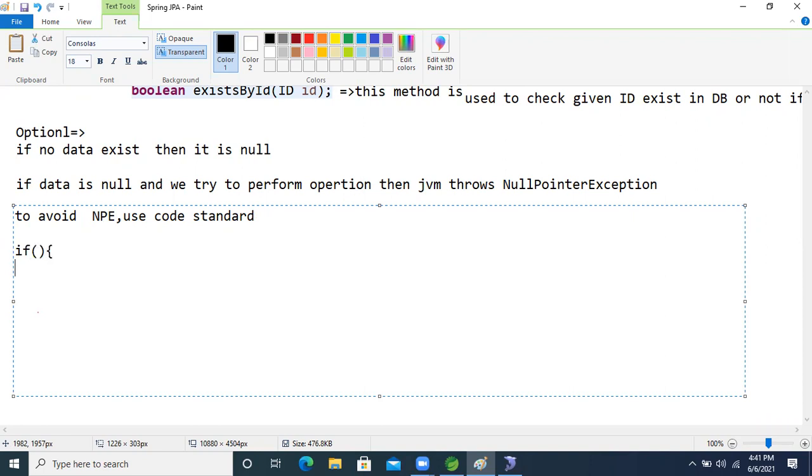Just think about it: if data is not equal to null.